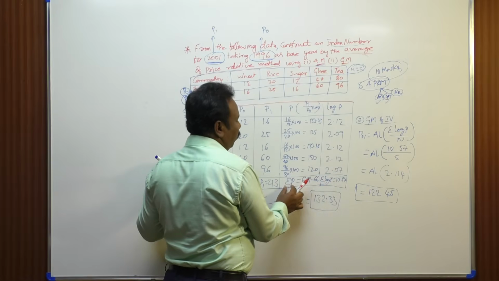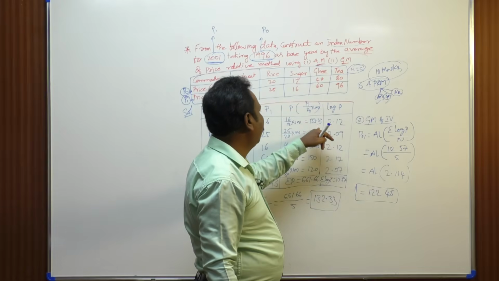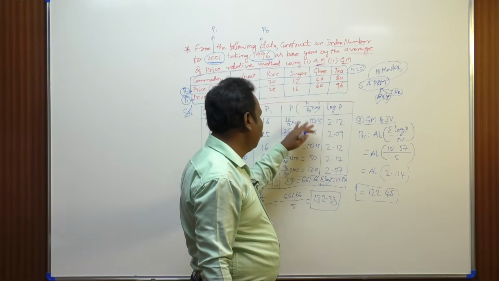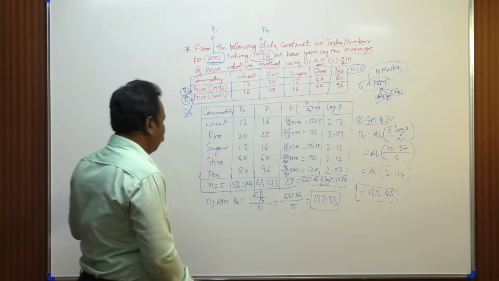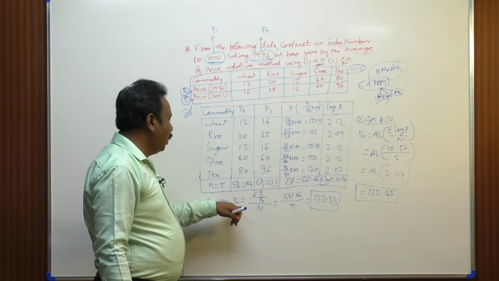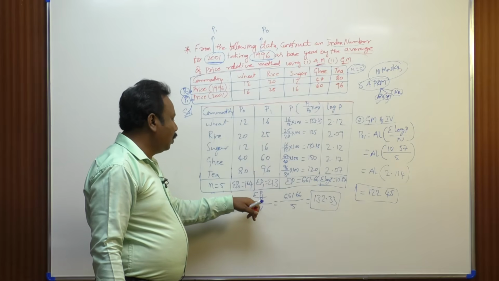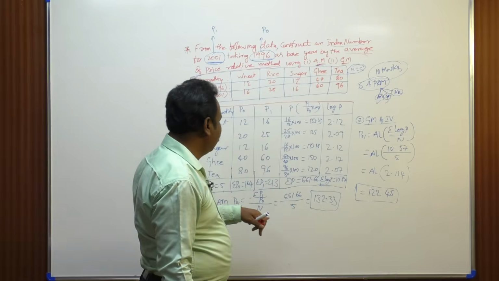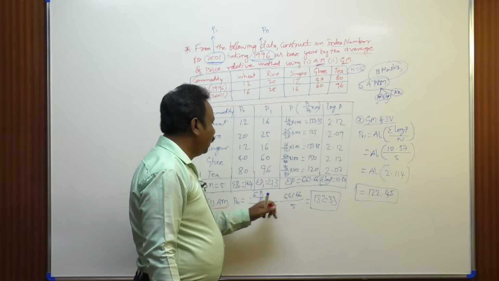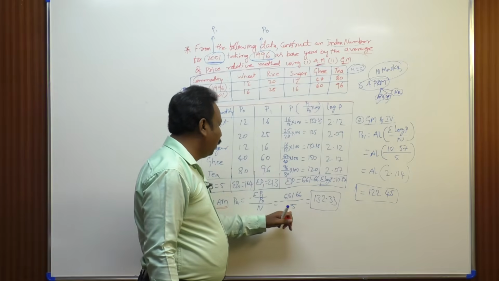So, we have to calculate sigma P equals 661.66, and log of P, the log value for individual P values. Then sigma log P equals 10.57. So, this is the table we have to calculate. After that, the arithmetic mean of index value: P01 equals sigma of P1 divided by P0, that is sigma P divided by N, where N is the number of items or commodities, 5. So, 661.66 divided by N equals 5, that is